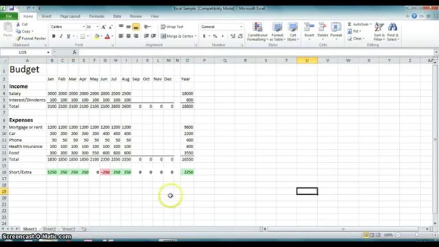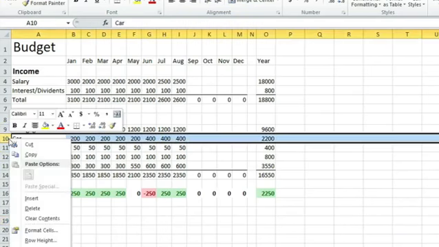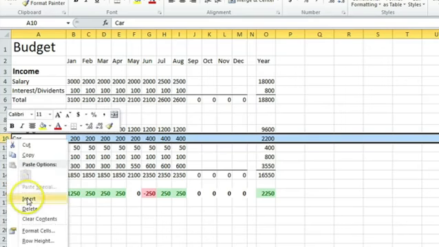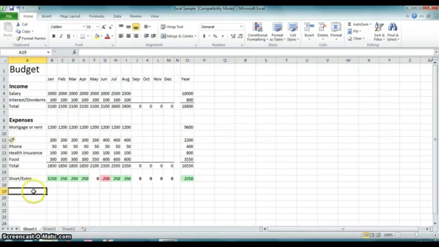Well, you can see I have my spreadsheet up, and I'm going to add a row for a new expense that I have with this budget. So what you want to do is highlight the row that you want to add a new one above. So as you can see, I have the car row highlighted. I'm going to right click and then hit insert, and you can see that Excel put in a new